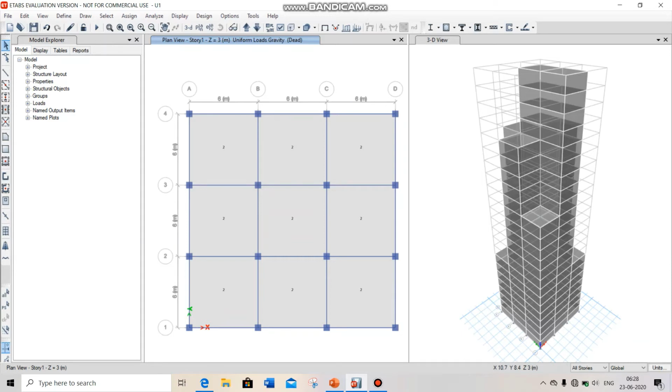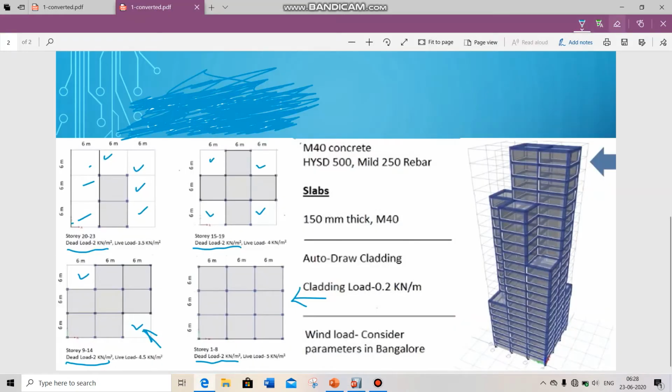Now you have to assign the live load for all the stories. Our live load value is not the same in all the stories.